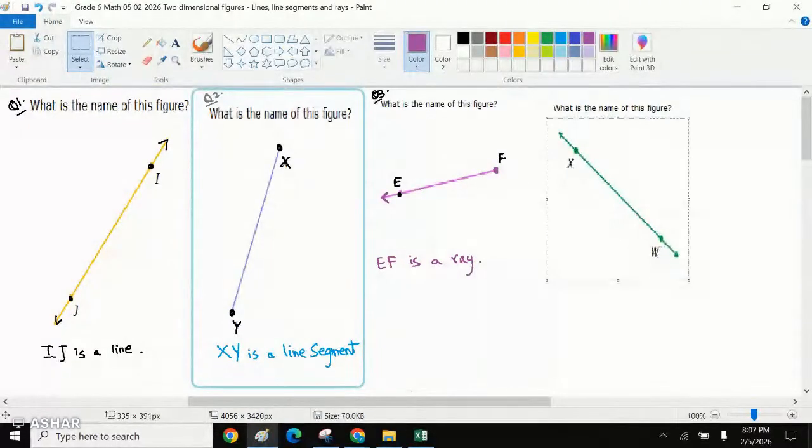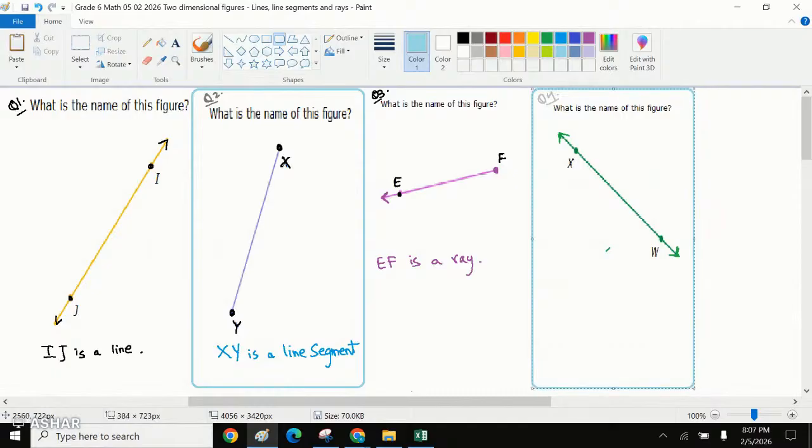If this is our question number 4, what we can see is we have an arrow on either side. So if we have an arrow on either side, it is known as